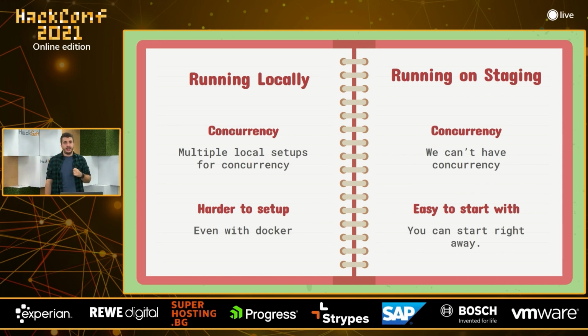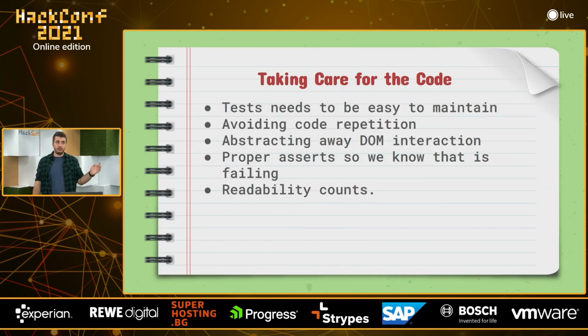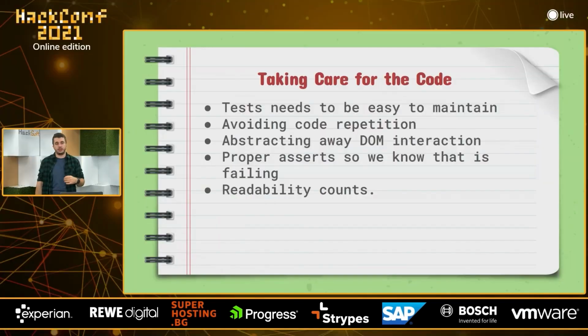Then we already had a couple of tests. It was going really easy, writing tests, running against staging, everything works perfectly. At some point we realized that tests need to be maintainable. So they are part of the code base, and we as developers love to take care of our code base. And we need to follow some general rules, like avoiding code repetition. Some tests are kind of repetitive. The sign-up journey has a couple of branches, and we have steps in the branches that are shared between the different test executions. So we don't just copy-paste them, but we introduce some kind of abstraction.